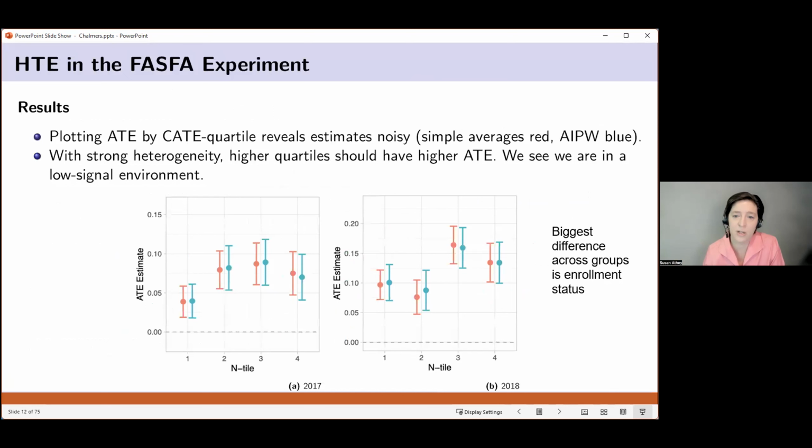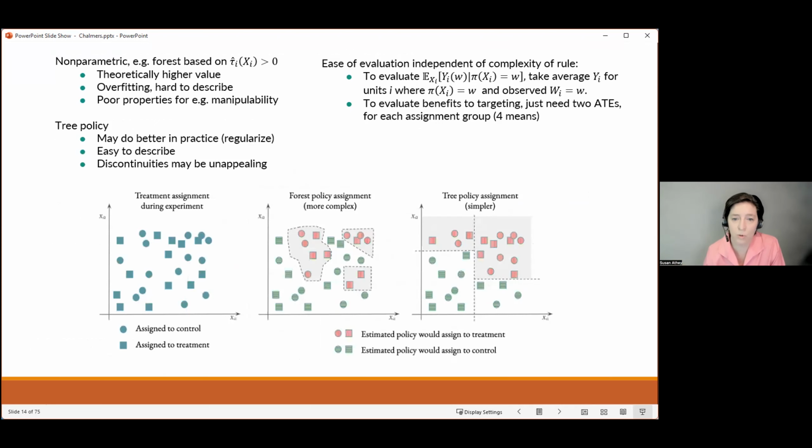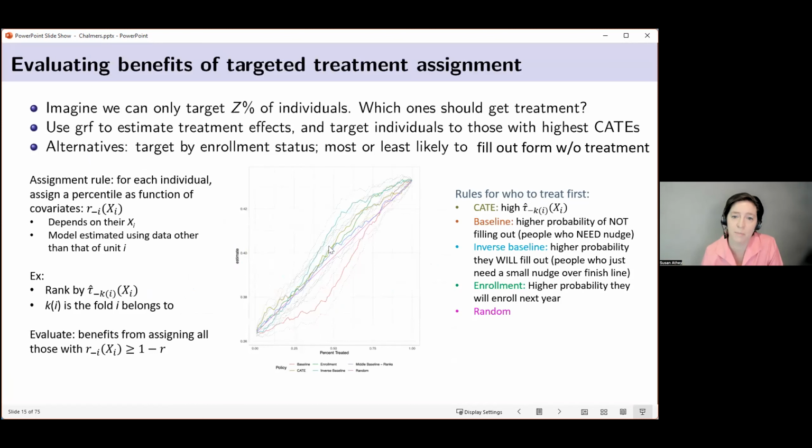And that makes sense if we go back to these pictures. We really weren't able to differentiate very well among the low treatment effect people. Our model just can't tell them apart, but we can tell a bit around the middle of the distribution who's the right people to treat. And you see that by showing that the average outcome is better when I do targeted treatment assignment policies. But actually something does even better than our estimate.